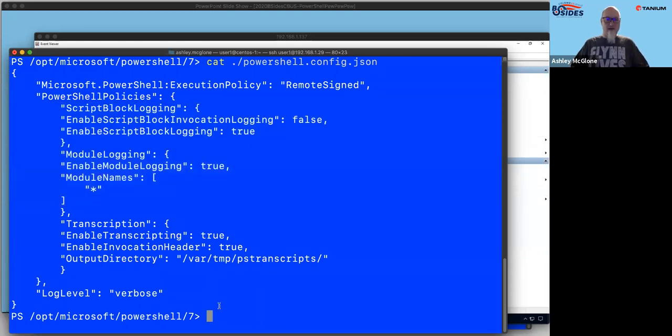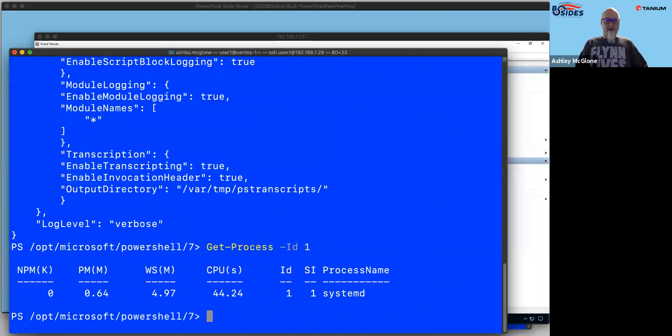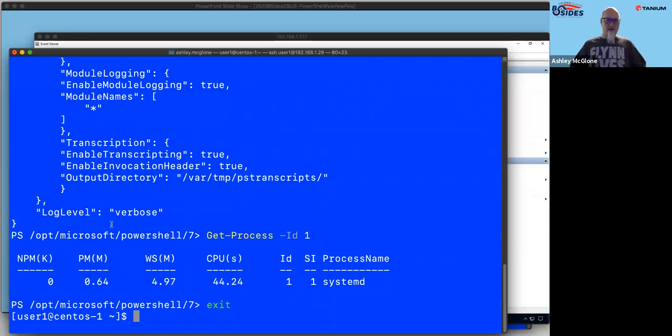So here again, invoke Mimikatz is not even a thing on Unix platform. There's not that much malware on PowerShell Core, but I expect it to be out any day. So here, we want to run some commands now. Get process ID 1. So now I'm running, just like I run get processes on Windows machines, I can now run it here. And I'm going to exit my PowerShell session, and